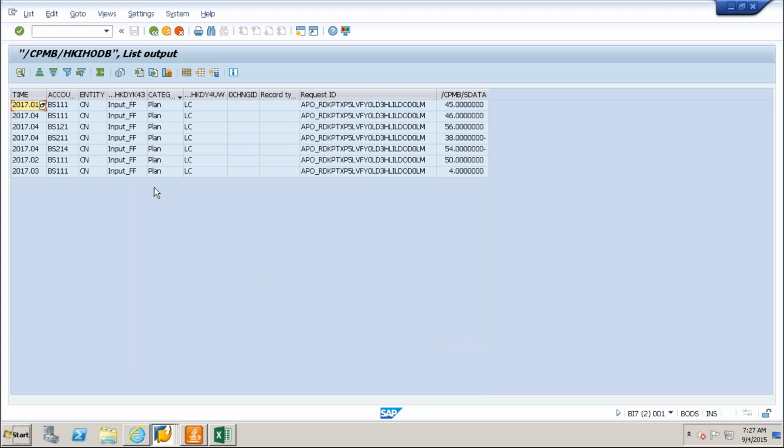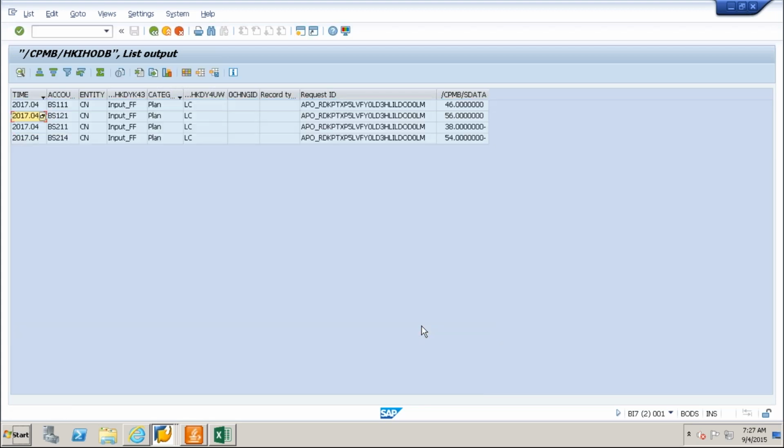Basically plan, and also in 2004 you will get a fair idea how many we have. 4 records on the plan. 2014, 2004, and we have the category plan, we have 4 records. So these 4 records are also zeroed out, right?